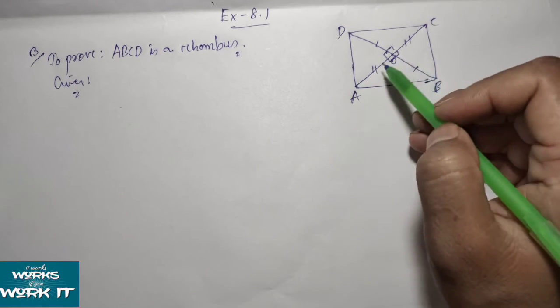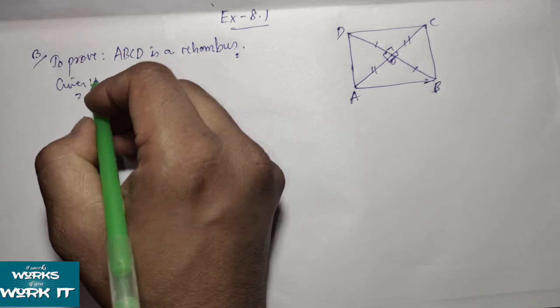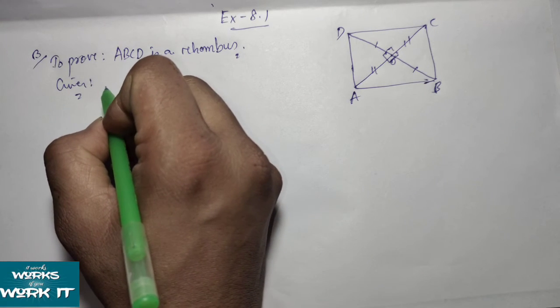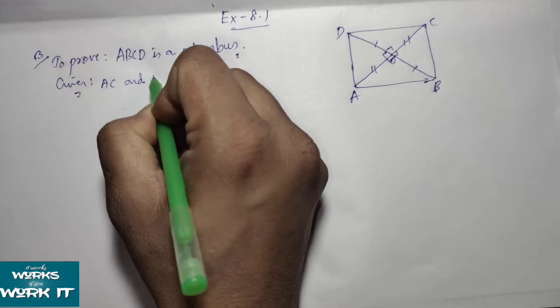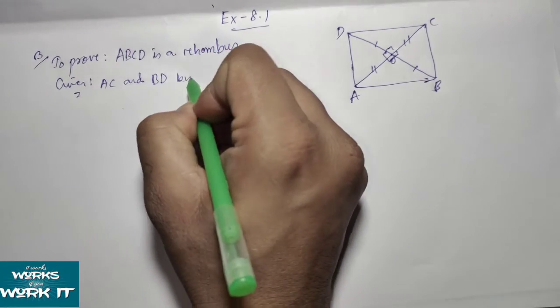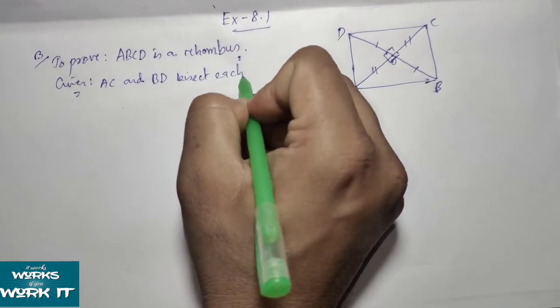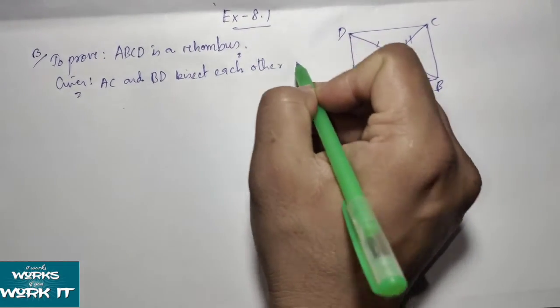Okay, so using these things, we will do the solution here. So given is AC and BD bisect each other at